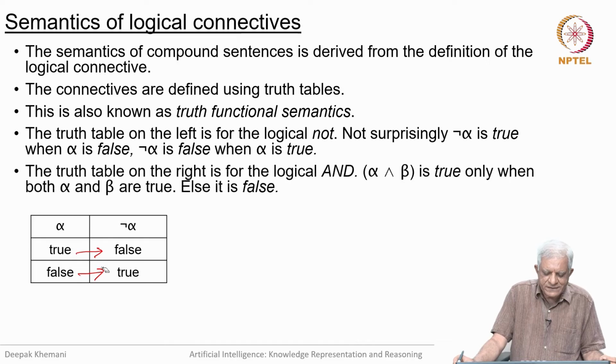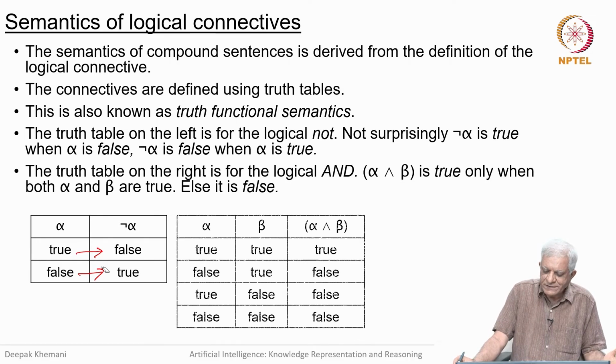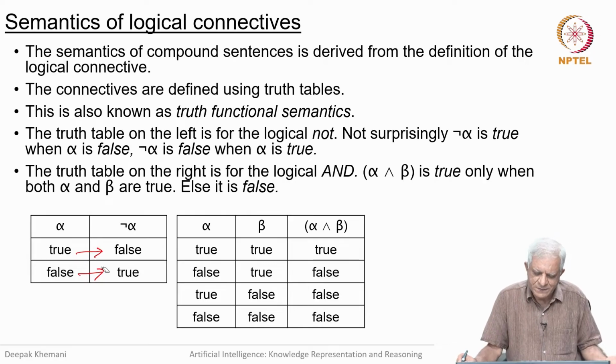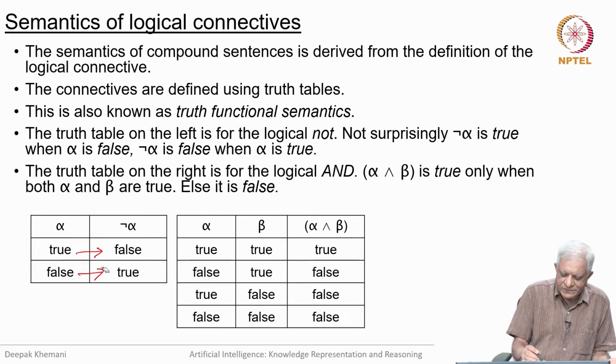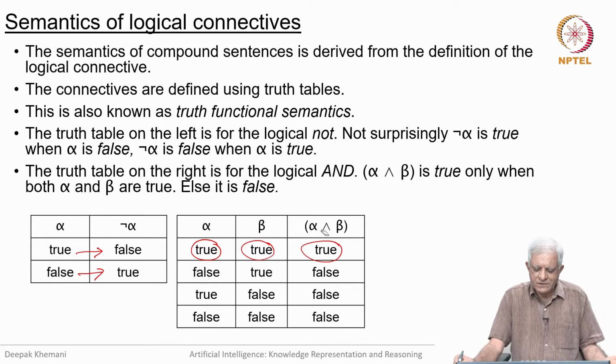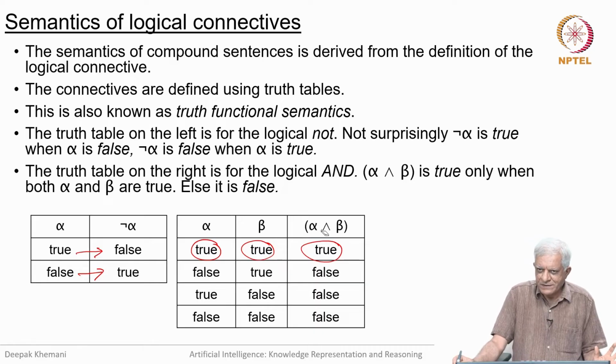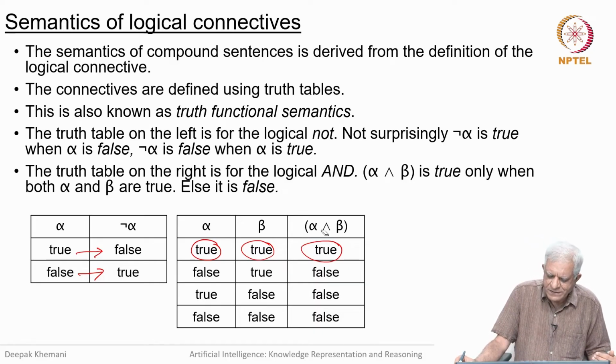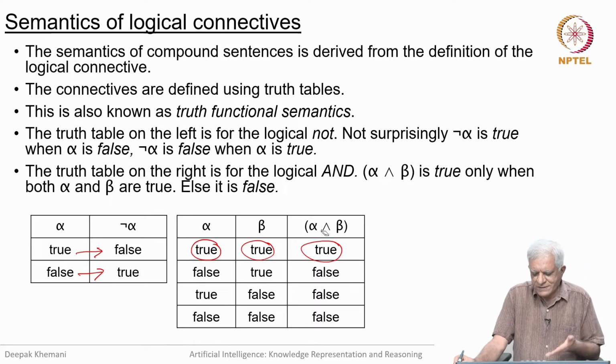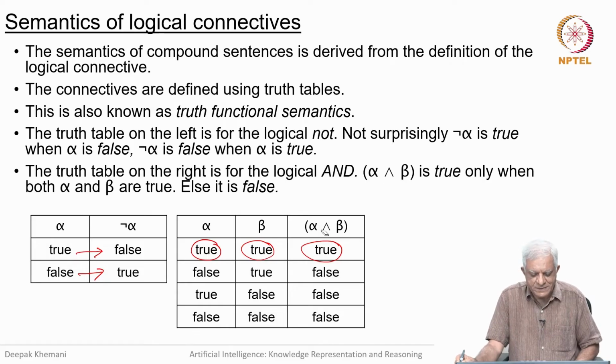The right hand side is the truth table for the logical AND. As expected, it says that both the statements have to be true, then I will say that the compound statement alpha and beta is true. So, you can see that if alpha is true and beta is true, then I will say alpha and beta is true. But in all the other 3 cases, I am saying that alpha and beta is false, and that is our common sense meaning of the word and. We are just capturing it as a formal system here.